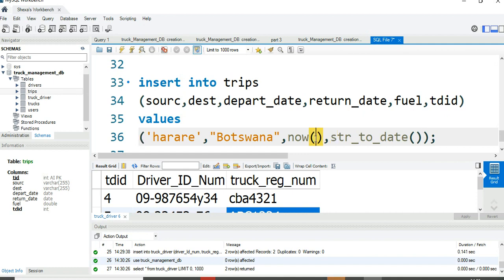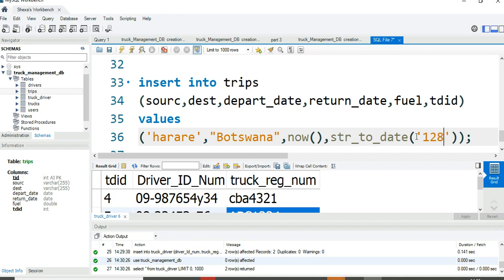Here, this is the function as well, which gives us the current date. It gets this data from the system, and then we are converting a certain string. Maybe we are saying it's from today, and returning on, let's say,